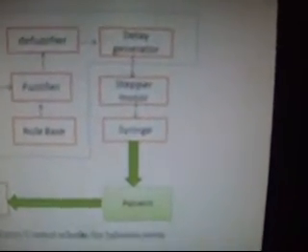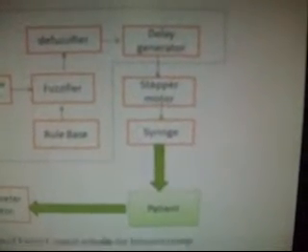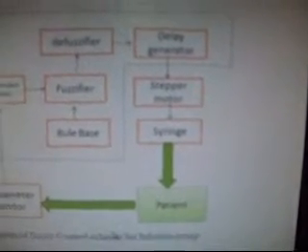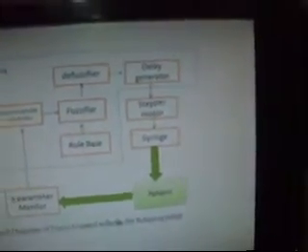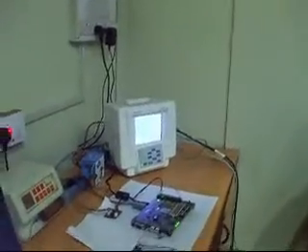In the syringe pump, the drug is delivered using a stepper motor. The stepper motor provides the force or the torque to deliver the drug. So to control the speed of the stepper motor, in short, we have to control the delay that is used to drive the stepper motor. So this is my system. As I don't have the patient simulator here, I am simulating some situations using some switches.